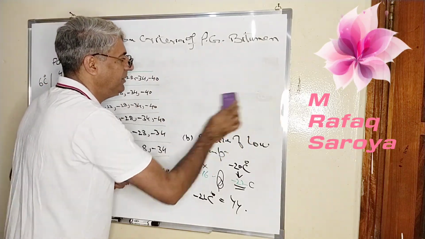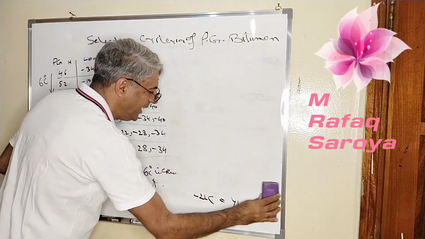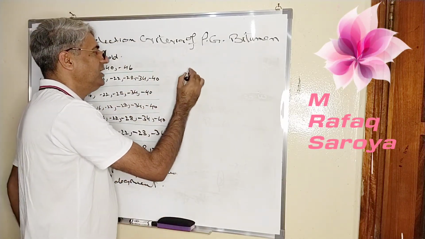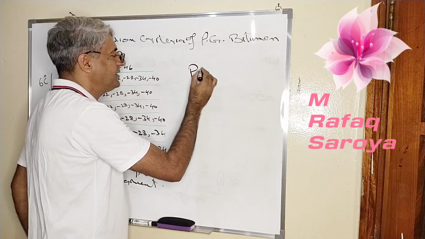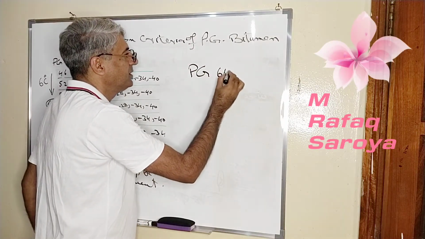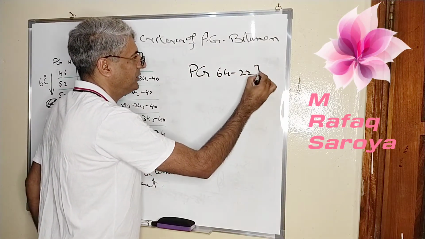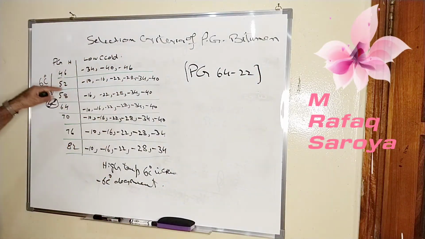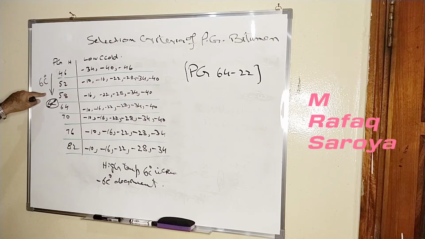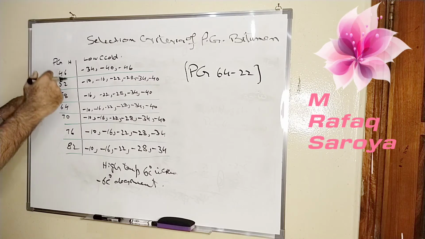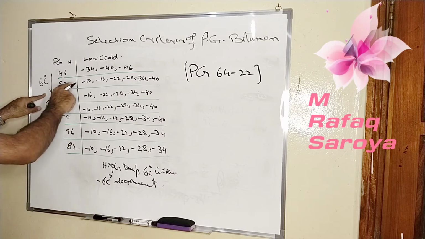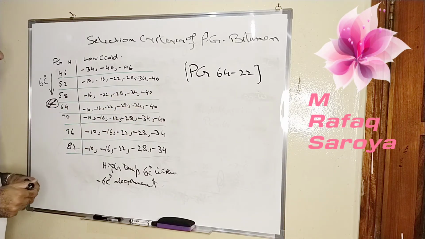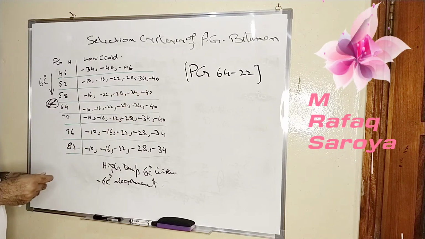Let me write it down over here. As I have explained these two conditions, on the basis of these two conditions, I have to develop my mix design by using 64 minus 22. I hope you have understood this clearly. You also may have understood the 6 degree increment when we are increasing the temperature. On the lower temperature side, you have also seen the 6 degree decrement. It is also shown over here in this table.